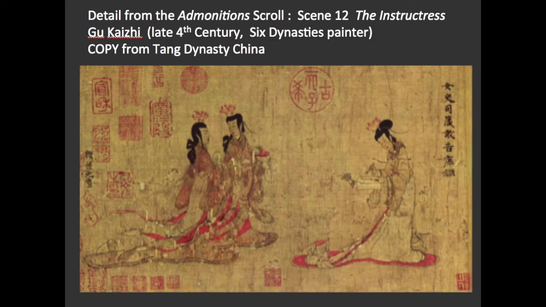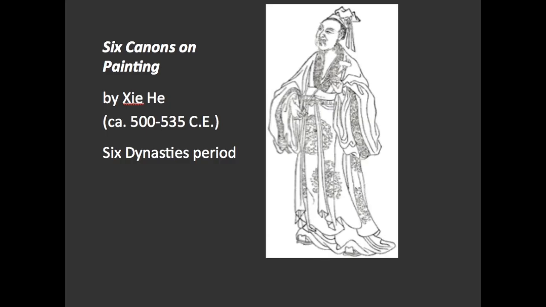Because of the continued importance of Confucius and the teachings of Confucius during this time, figure paintings often narrated or represented Confucian moral themes, such as the preferred behavior of a wife to her husband, or the conduct of children with regard to their elders. The Six Canons of Painting by Xie He was written during this time. It would prove to be influential throughout the centuries of Chinese development in painting.